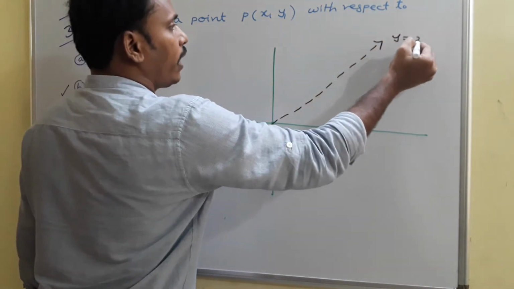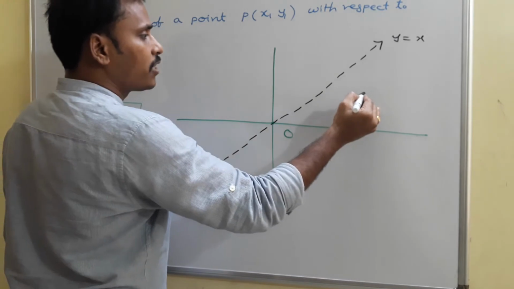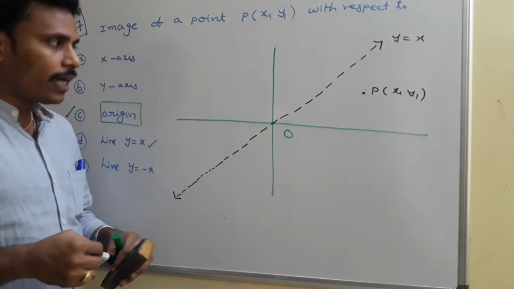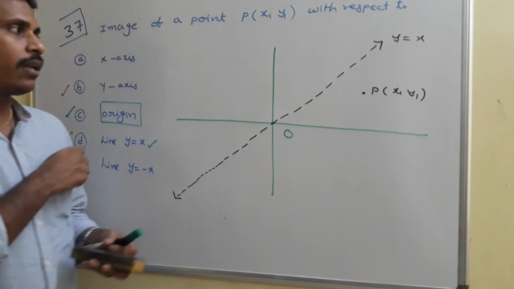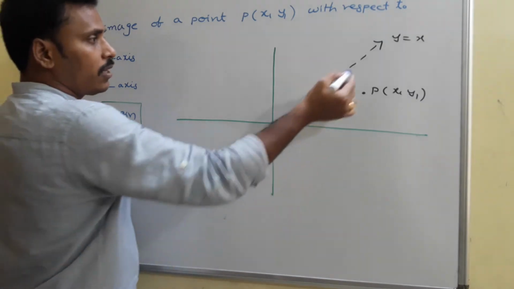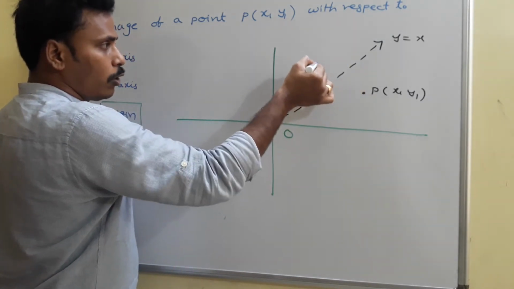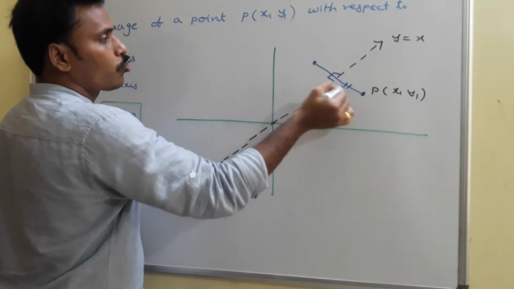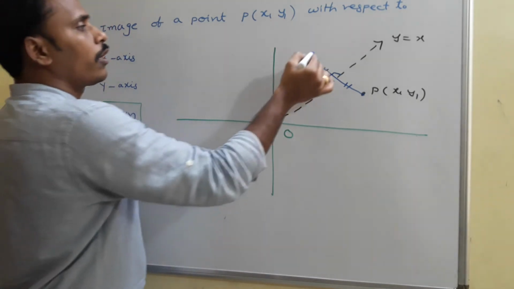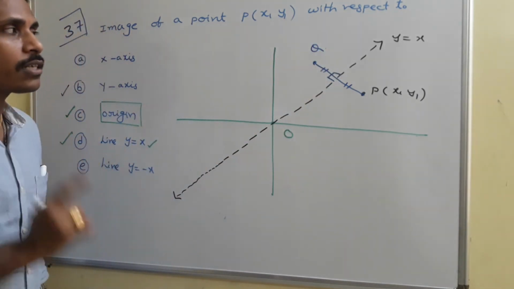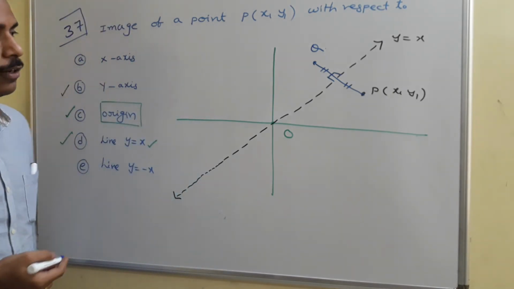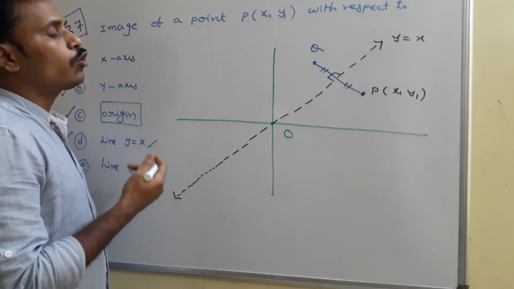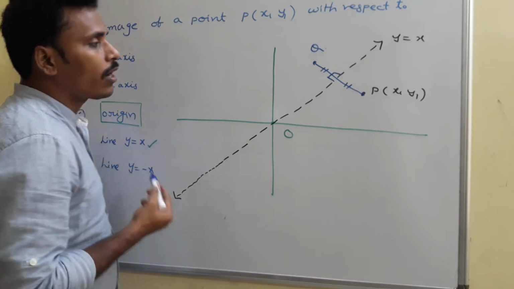And now I have a point (x1, y1). Somewhere if you locate the point here, this is the point (x1, y1). Our intention is to find the image of this point with respect to the line y = x. The image of this point with respect to y = x will be located like this. For sure these two are perpendicular, and these two are at equal distances. If we call this point Q, the coordinates of Q will give us the image. Then to find the coordinates of Q, what do we need to do?